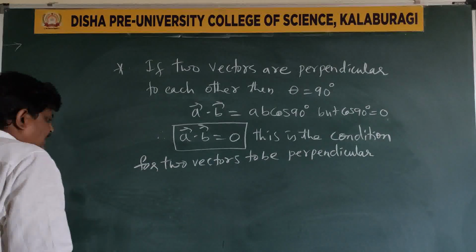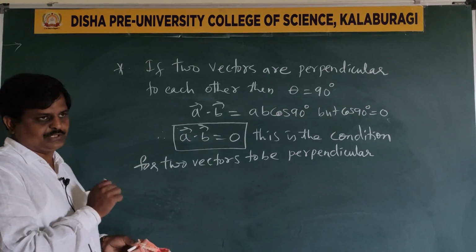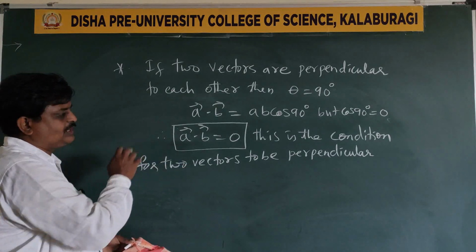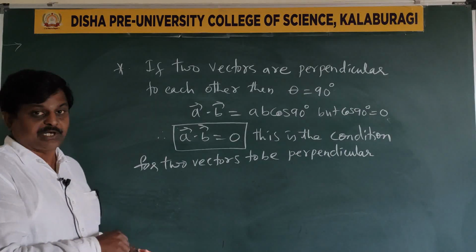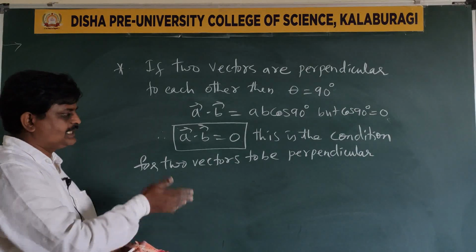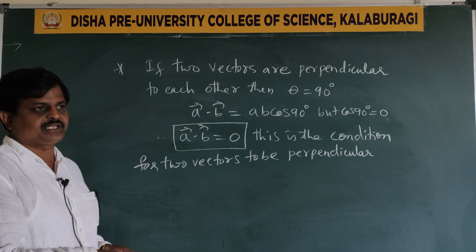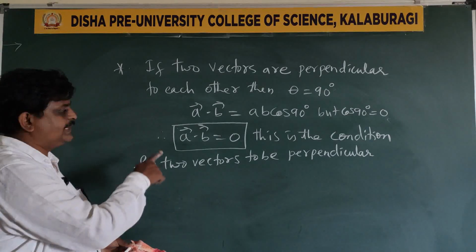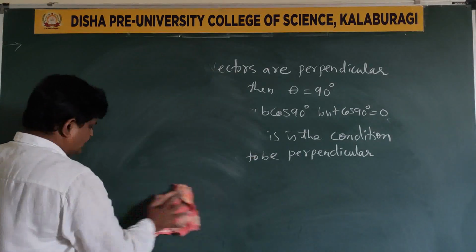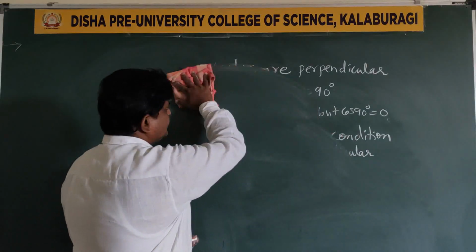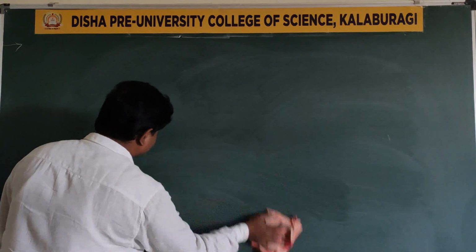So you have seen the dot product attains maximum value when theta is 0 degree. Now you can say that the dot product of two vectors attains a minimum value when they are perpendicular to each other. Or what is another way of taking the same result? Under what condition are two vectors said to be perpendicular? When their dot product is 0. Like this, you can analyze the property. Okay, this is a very important property for solving some numericals.